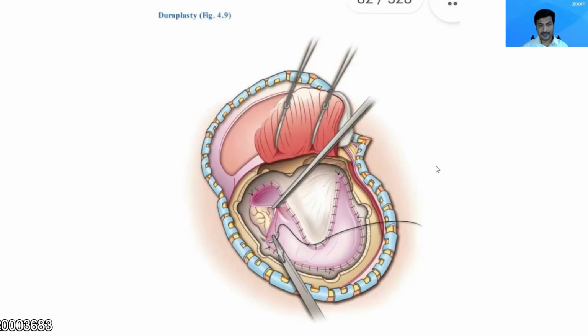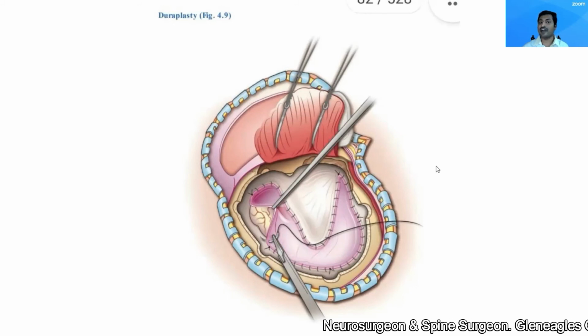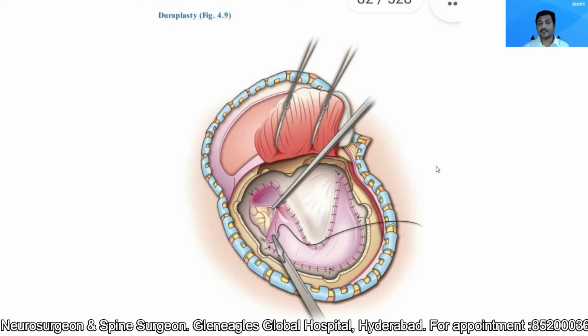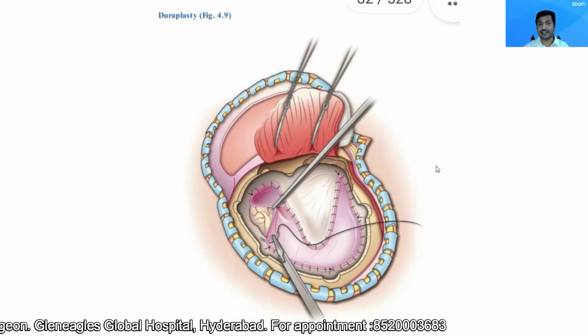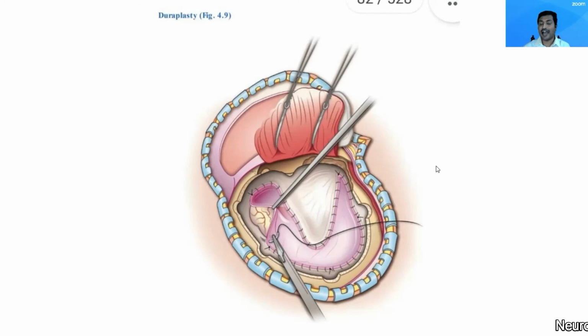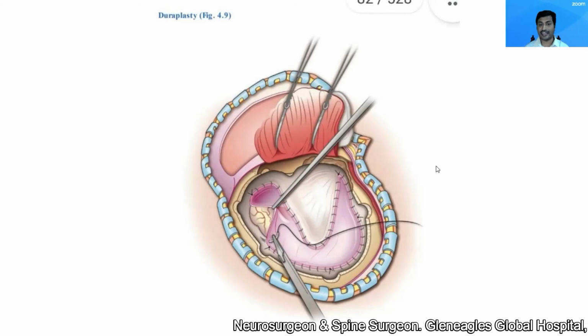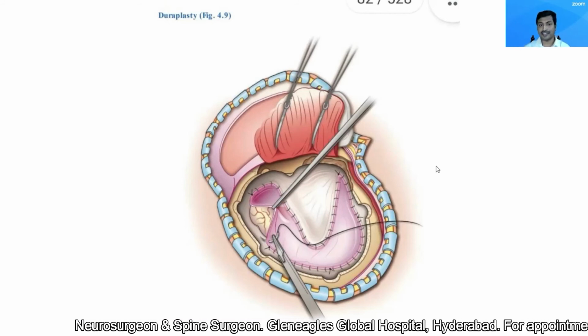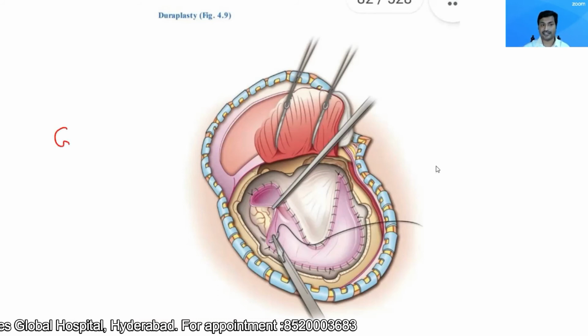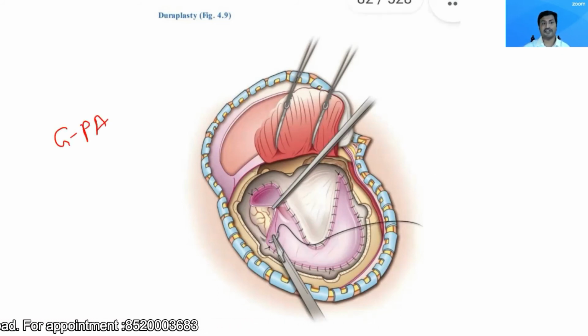Once I've done my procedure, I complete the duroplasty. I will either use the pericranium, which I've harvested before. If I was not able to raise the pericranium intact, or sometimes the pericranium is badly torn because of trauma, this happens more frequently in traumatic brain injuries. In our institute, sometimes I use a layer of galea, the inner layer of galea, which is a robust layer, to complete this duroplasty. And sometimes we also use artificial patches, which are easily commercially available in India,